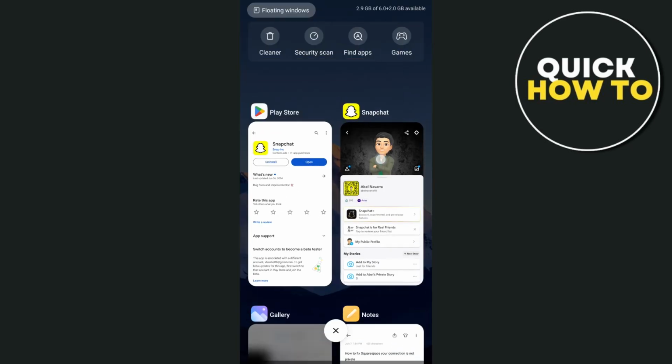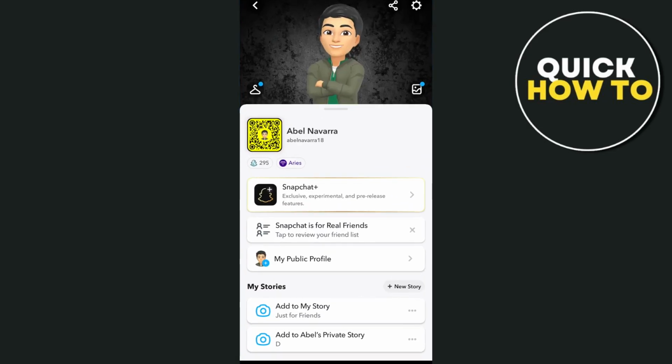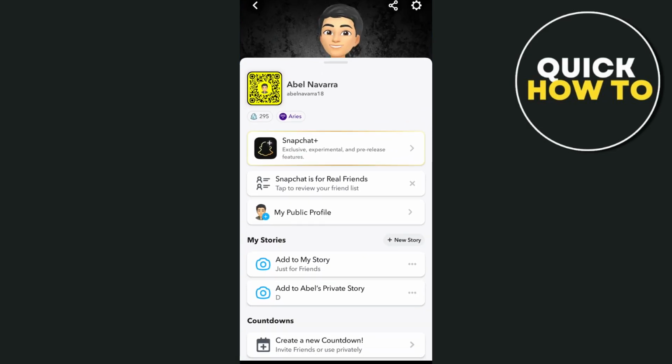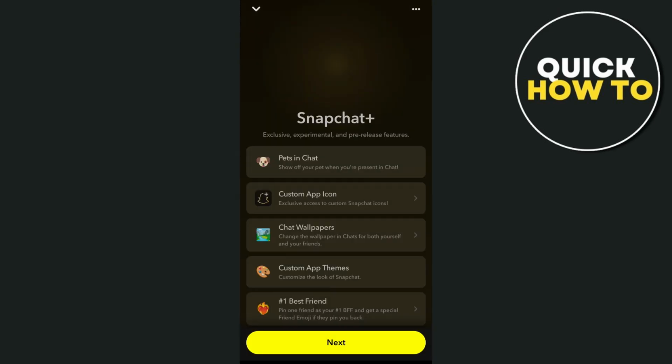And the first thing that you need to do to access this feature is to subscribe to Snapchat Plus. So when you tap on Snapchat Plus, as you can see at the top, pets in chat. So show off your pet when you're present in chat. So here, as you can see, if you're going to subscribe to Snapchat Plus, then you'll basically get access